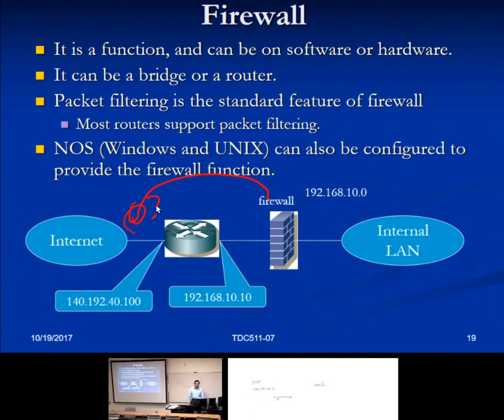Ethernet. Anything else? No. So if you look at the firewall as a physical box, sometimes we call this a brick, B-R-I-C-K. It's kind of like a brick, a red color. What are the interfaces? Ethernet. So a firewall is a device on your local area network. The firewall will not support any WAN technology. This is the reason that if you have a firewall as a physical box, the firewall is always behind the router. So don't do this. The firewall is behind the router.